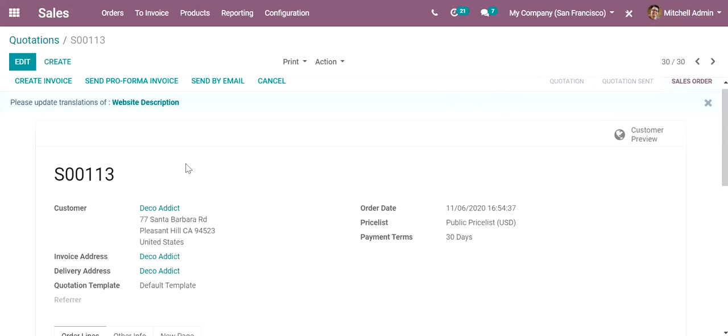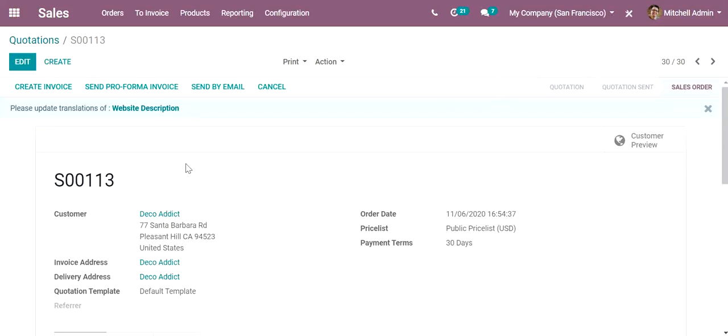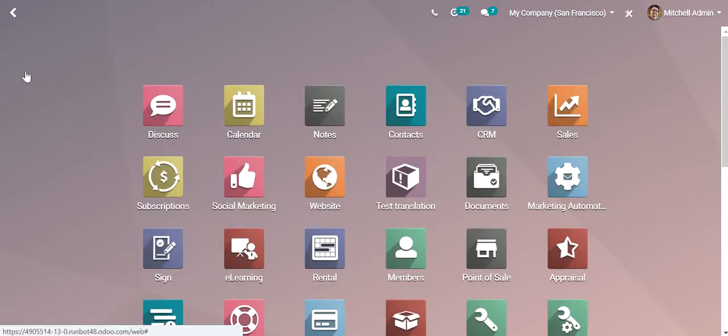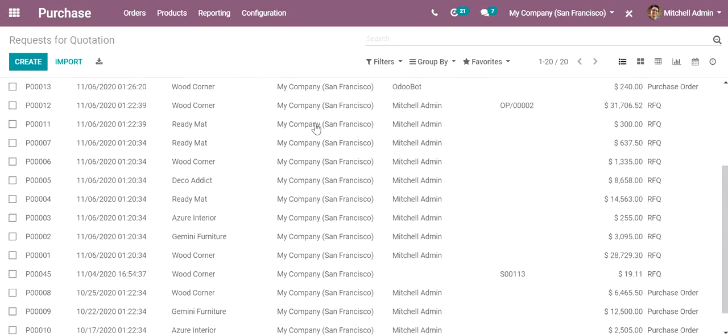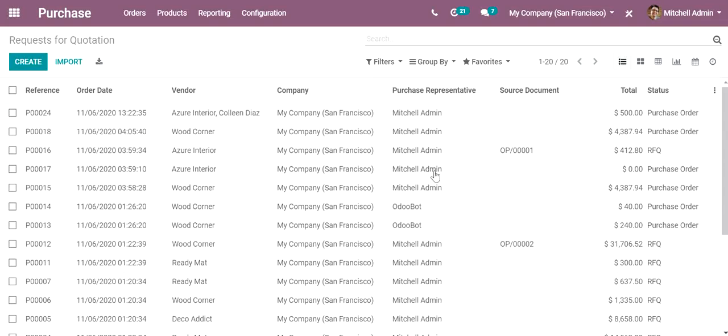Now after creating this quotation, an RFQ will be generated in the purchase module. So we'll go back to the purchase module and see an RFQ. I think it is this.